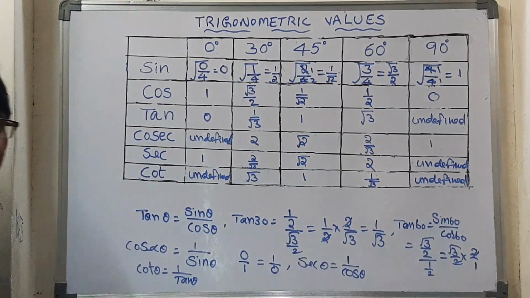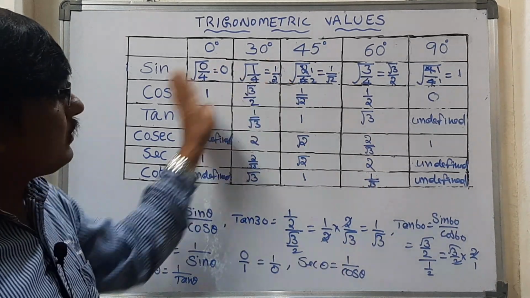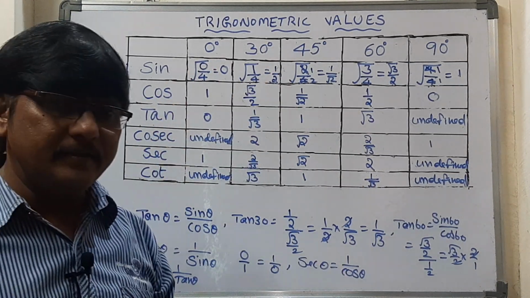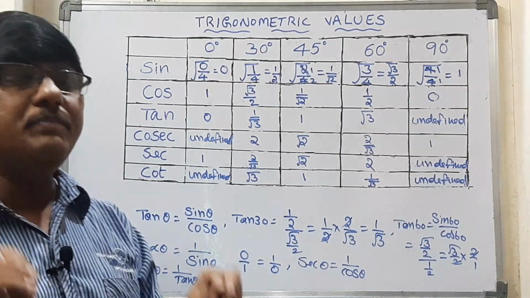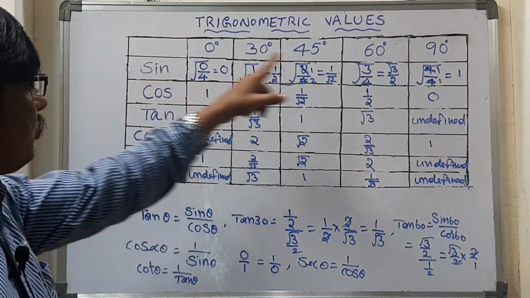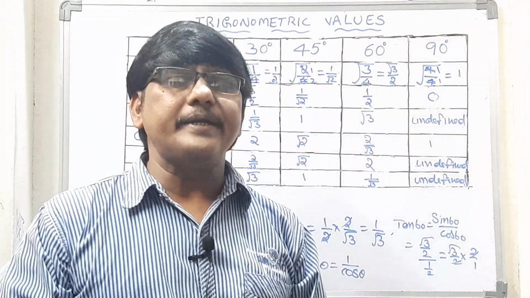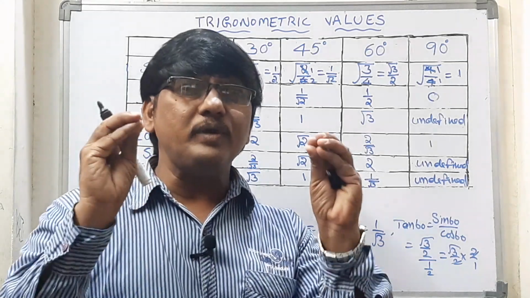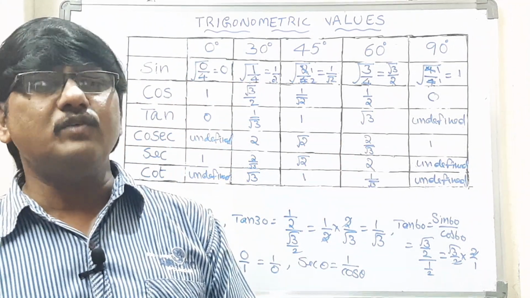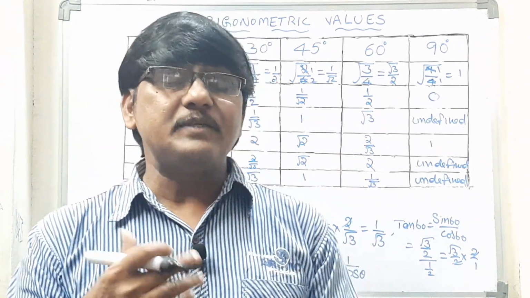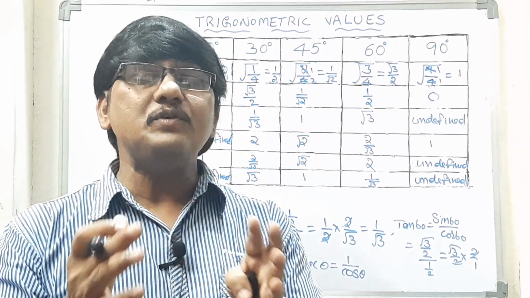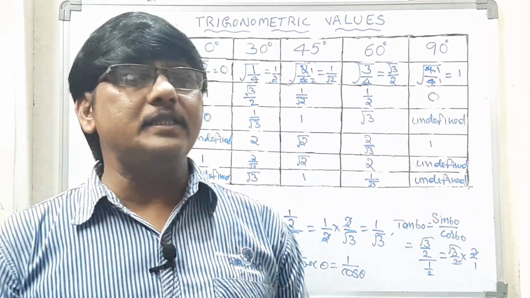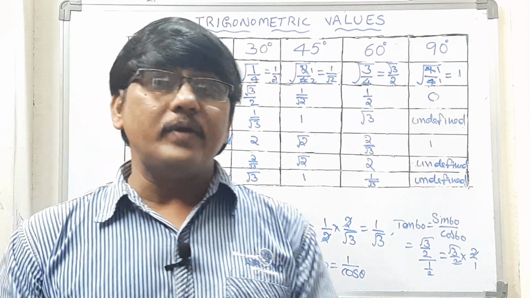And see, it's very simple. In this part, do you need to memorize anything? Actually, no. It is a simple calculation. The first part you have to keep in mind, that's enough. You can write the entire table. Whenever you are feeling any difficulty to memorize, first of all, don't memorize all these values. It's a matter of practice. Once you know how to calculate with this procedure, you can write all the values very easily.